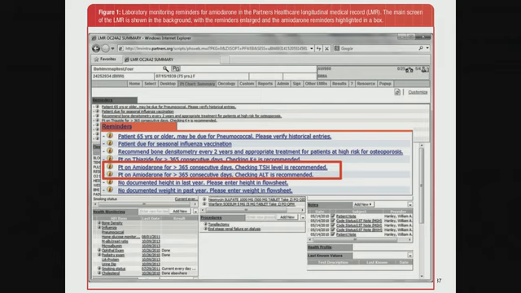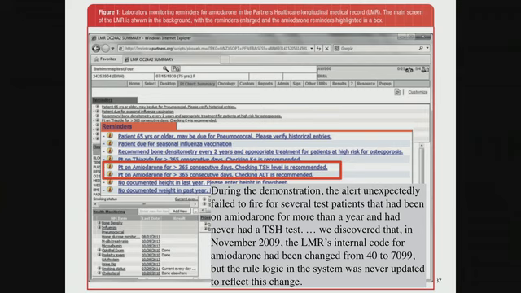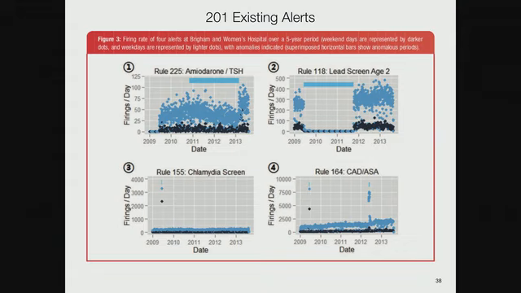So he goes, what's going on? And they went back and they discovered that in 2009, the system's internal code for amiodarone had been changed from 40 to 7099. Who knows why? But the rule logic in the system was never updated to reflect this change. And so, in fact, if you look at the history of the use of amiodarone,